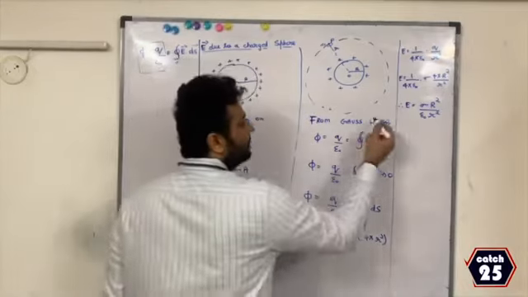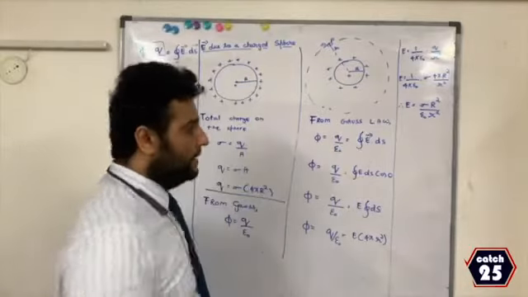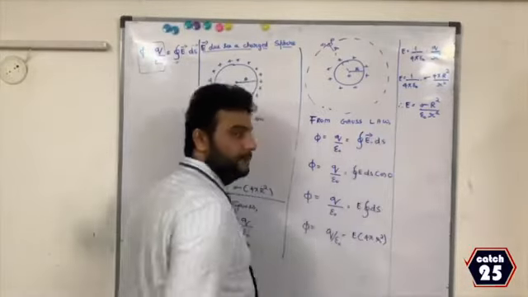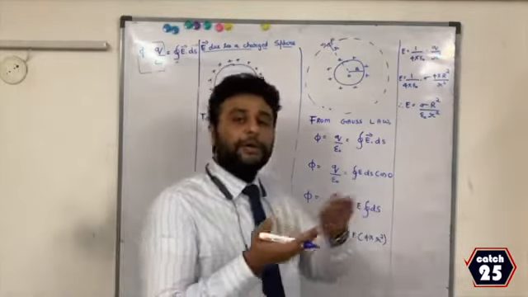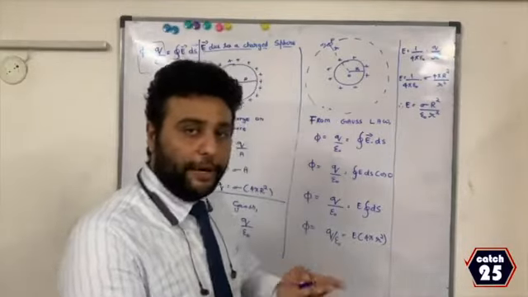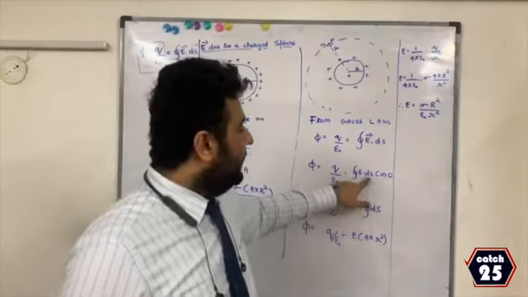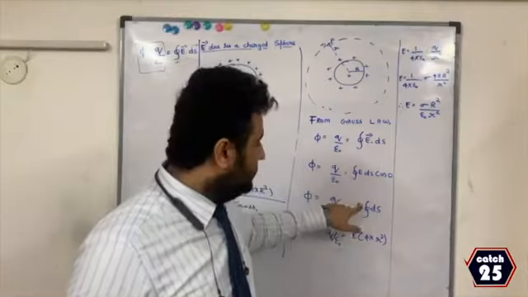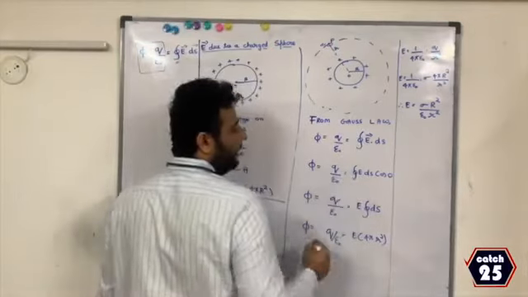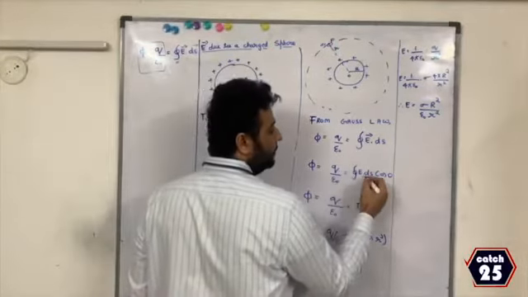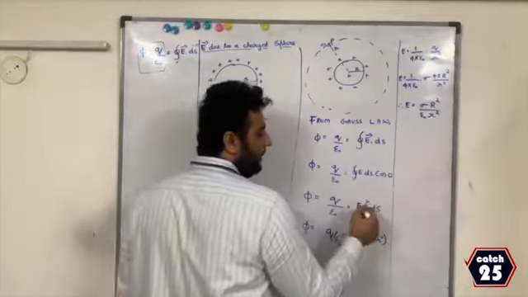Now, from Gauss law, I know phi is equal to Q by epsilon naught. Same line, I write it here. Now, this is a dot product. You know what is A dot B? AB cos theta. I have taken theta as 0 because I don't consider any angle, which you'll come to know later why. Cos 0 is 1. Therefore, E is a constant, I'll take it outside, integration ds. Let me repeat, phi is equal to Q by epsilon naught, that is equal to integration of E ds cos theta, cos 0 is 1, E I'll take it outside, therefore E integration ds.